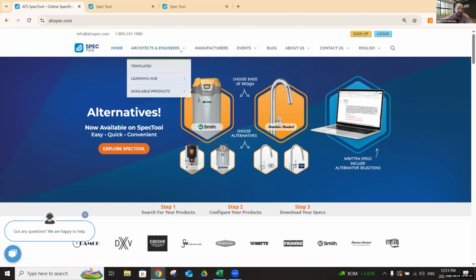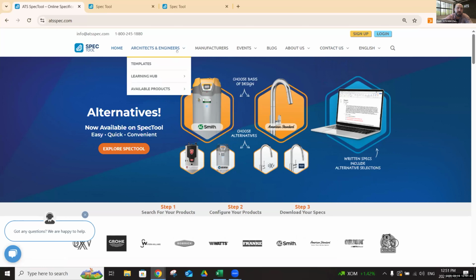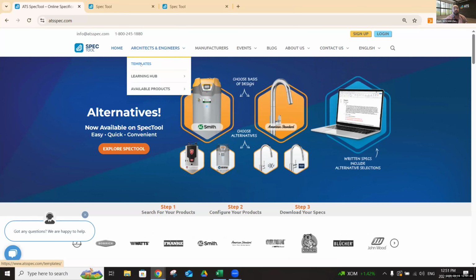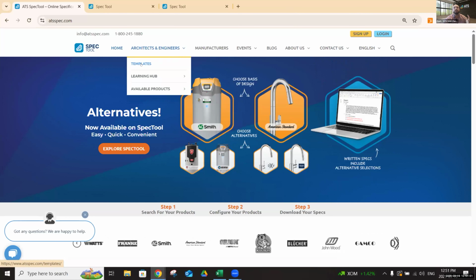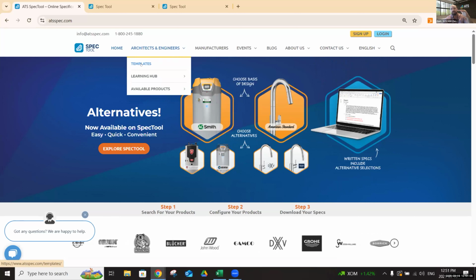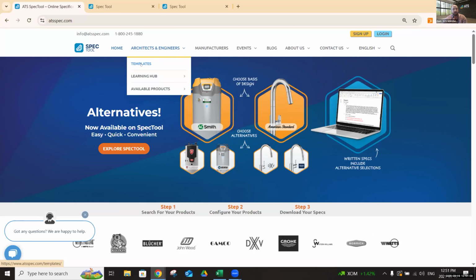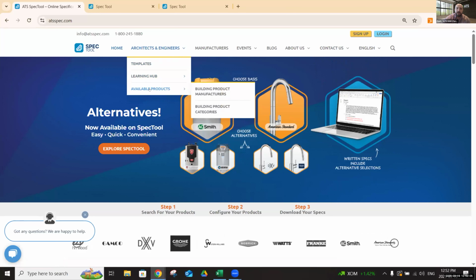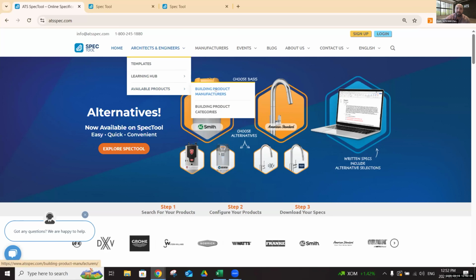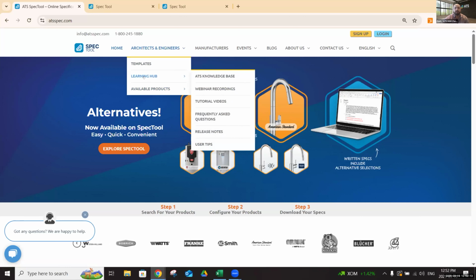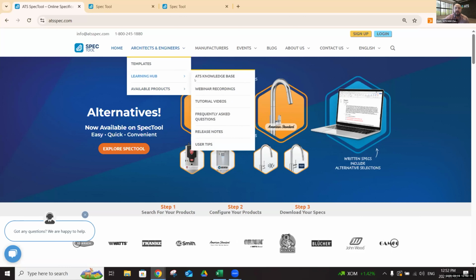Before you even log in, on the home screen here, you'll see this Architects and Engineering tab. Here you can access our templates, which are our recommendations for product selection based on application. For example, office buildings will have an office A level, B level, C level, following the international design standards, and recommending products appropriate to that level. Of course, we have available products where you can take a look at the building product manufacturers that currently sponsor the system. And then the Learning Hub, which is one of my most recommended areas,